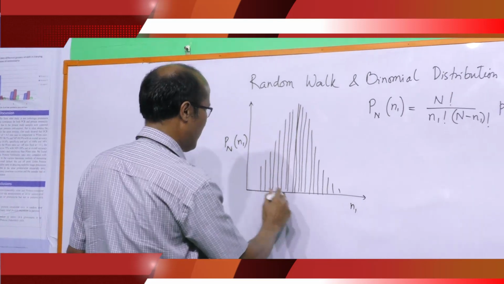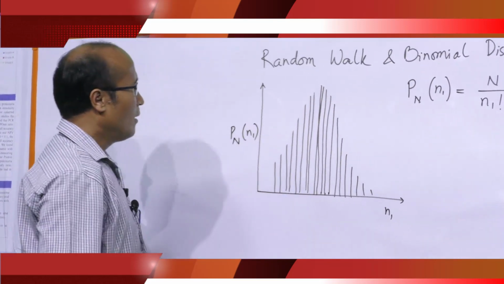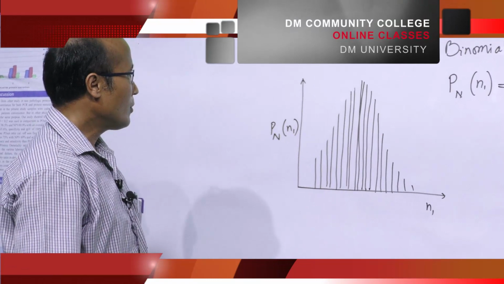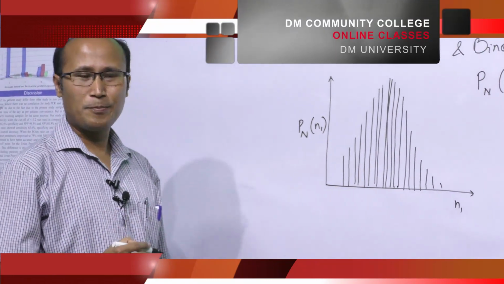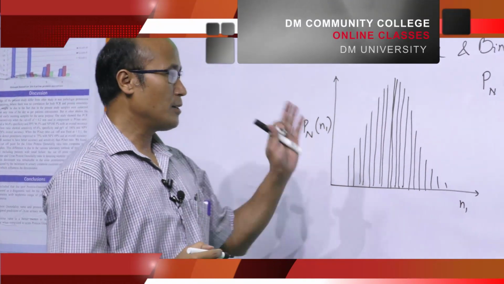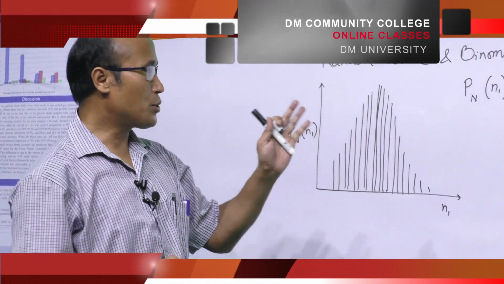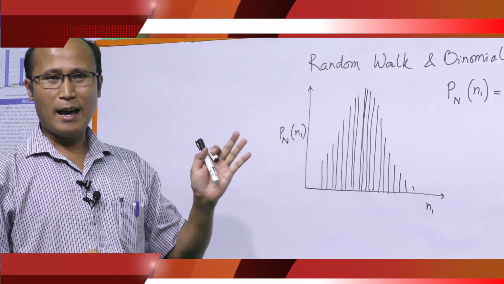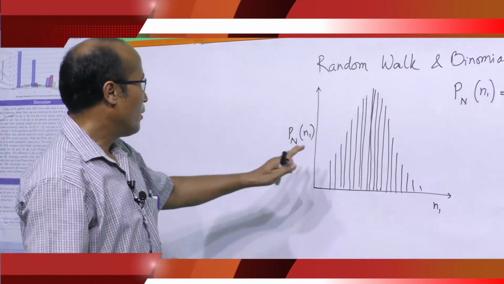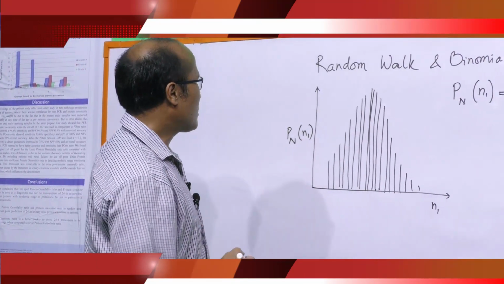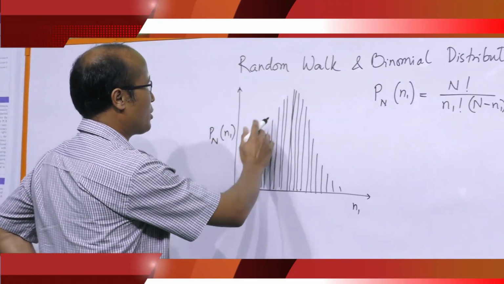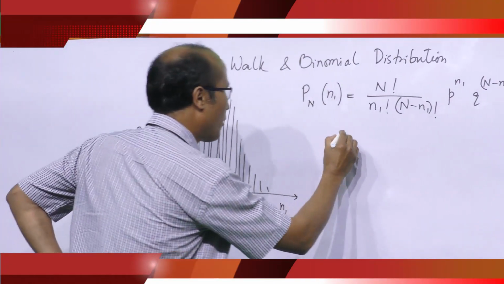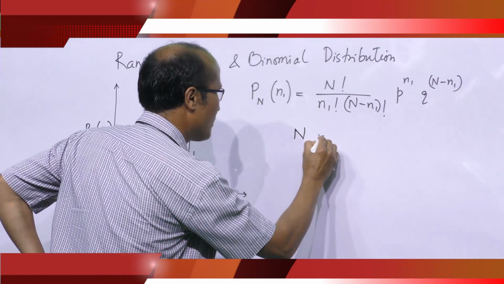Today we'll discuss the conditions under which this binomial distribution reduces to other distributions, say the Gaussian distribution and the Poisson distribution. So in this binomial distribution, if the total number of steps N is